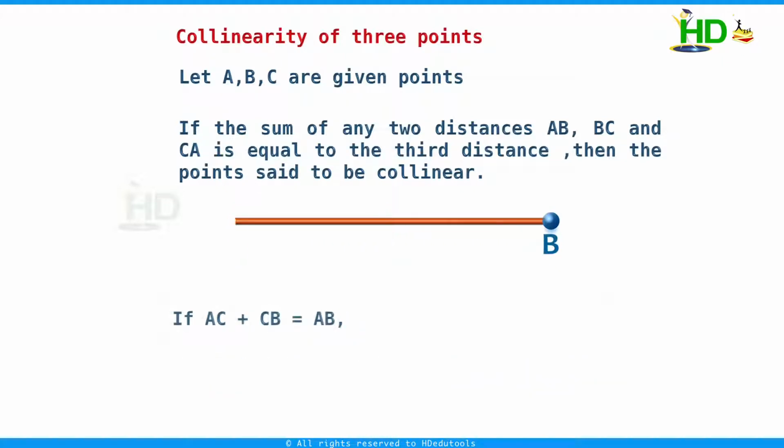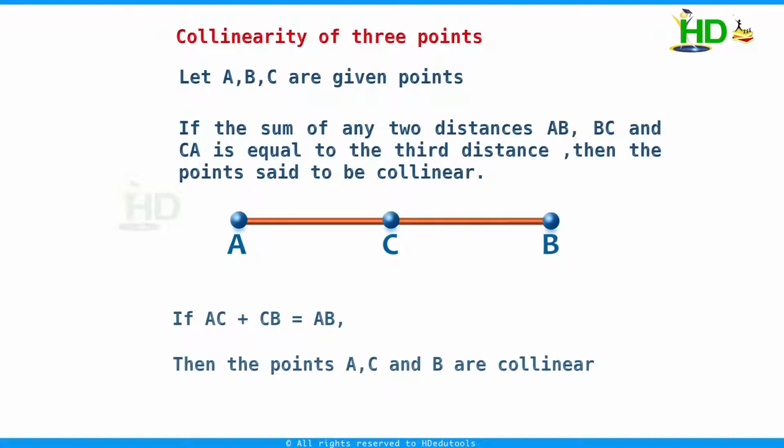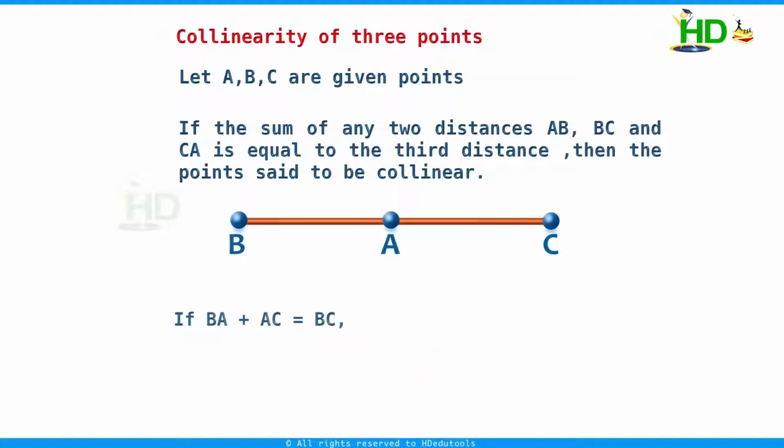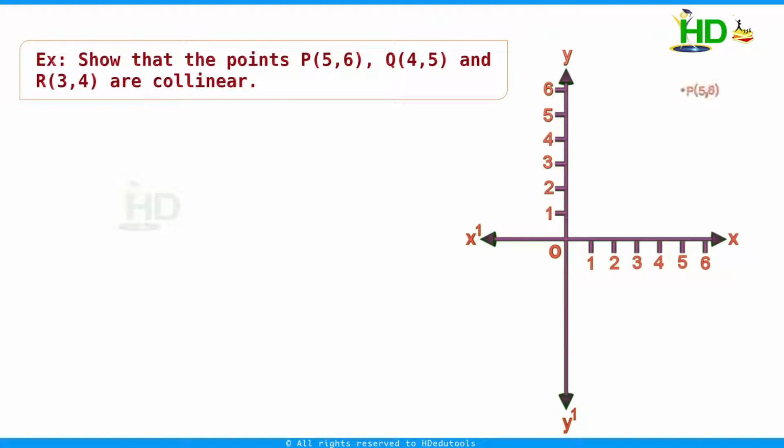Similarly, if AC plus CB is equal to AB, then the points A, C, B are collinear. If BA plus AC is equal to BC, then we can say B, A, C are collinear. Now we take one example: P(5,6), Q(4,5), R(3,4). These are the points given. Are these points collinear? We can say these 3 points are collinear